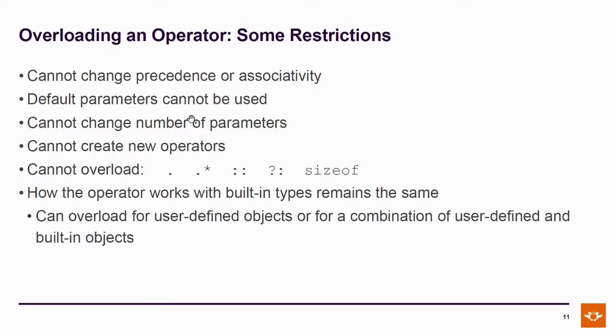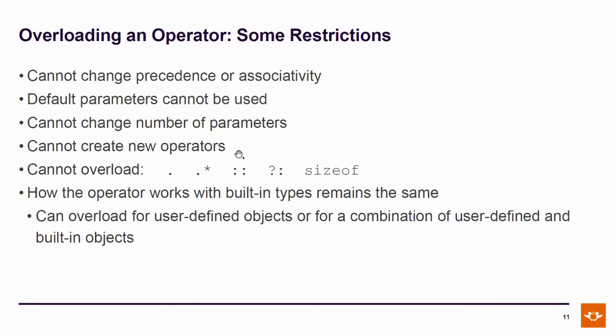You can sometimes change it, there's some exceptions. There is the function invocation operator, which basically lets you treat your class as if it were a function. And obviously the number of parameters into a function is arbitrary. So I think we'll do that one just as a counterpoint. So it's allowed to have an unlimited number of parameters, but the other ones aren't. So you can't change that on a per operator basis.